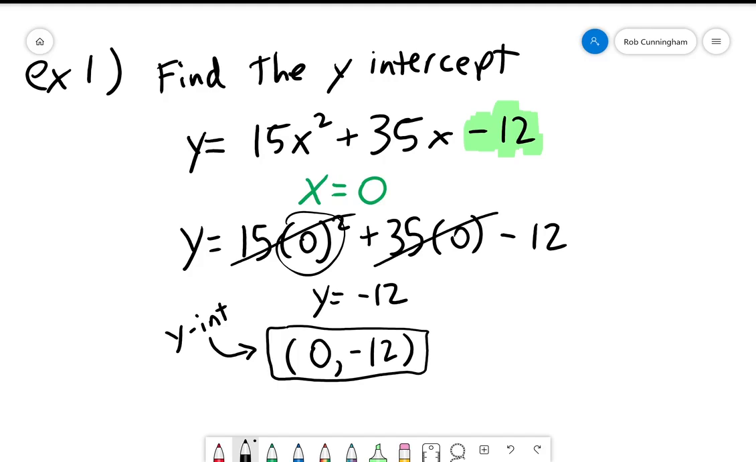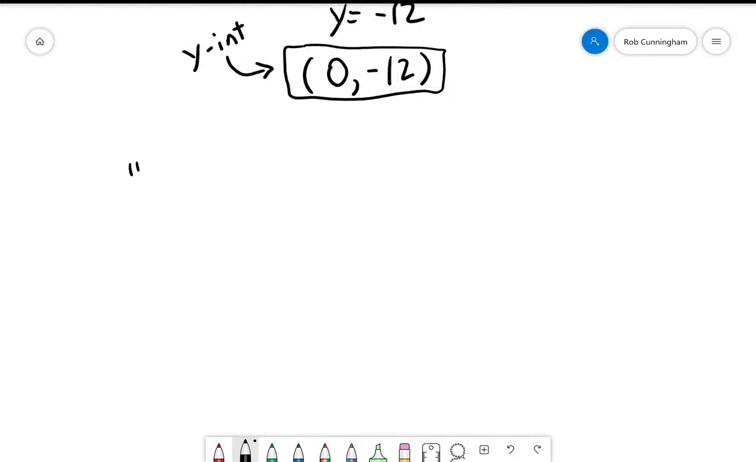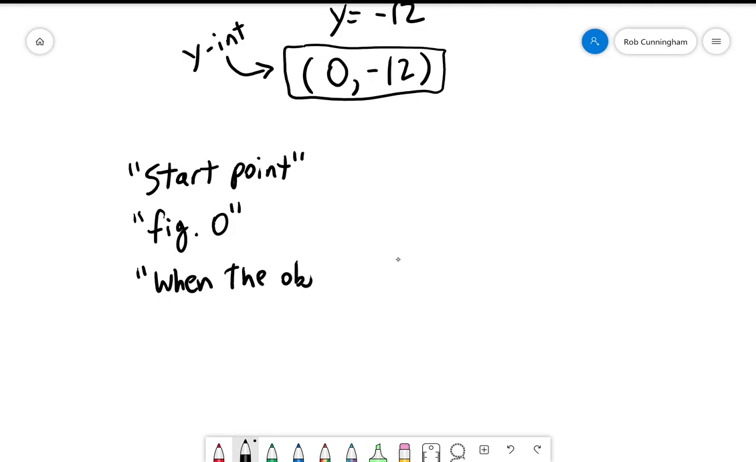Now, when do we find the y-intercept, right? Other than when I say find the y-intercept, that's obvious. But a lot of the time in word problems, they don't specifically say find the y-intercept. They'll instead say things like find the start point, right? With our tile patterns, it was figure 0. If we're talking about like a ball flying through the air, which we will, you could say when the object was thrown. In all of those situations, basically what they're saying is when we start the timer,